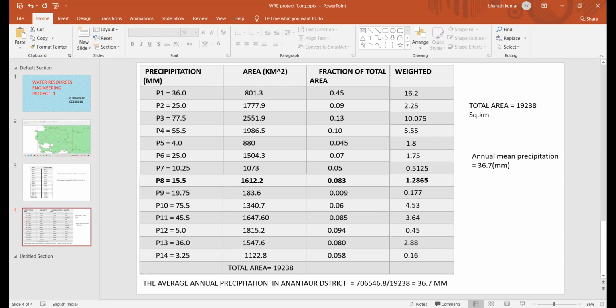Maybe you did only 1 month. You didn't do the entire year. I don't know. Yes, sir. I took only 1 month. Oh, then you have to say that, na? Then it's not annual mean precipitation. Which month did you take? 16 September 2008. Huh? 16 September? Yes, sir. You took 1 day? Yes.